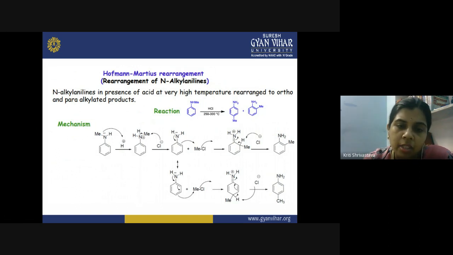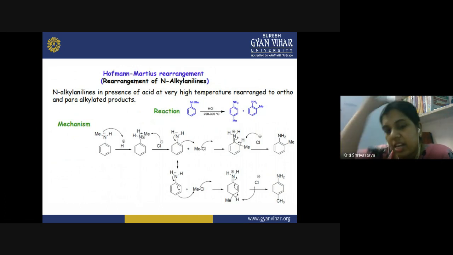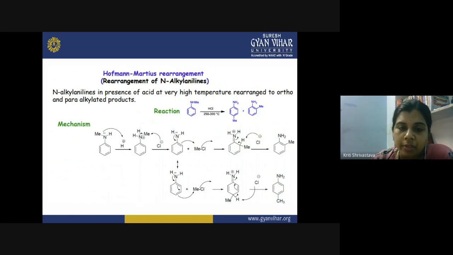Now what happens? Because we have acid here, we also have an anion here. So if we are taking the HCl, apart from the H plus ion, we also have chloride ion in the reaction mixture. So the chloride ion will now attack the positive charge on the nitrogen, and finally the electrons in the NMe bond are taken up by this, and the Me is removed by forming an unstable complex with the chloride ion.